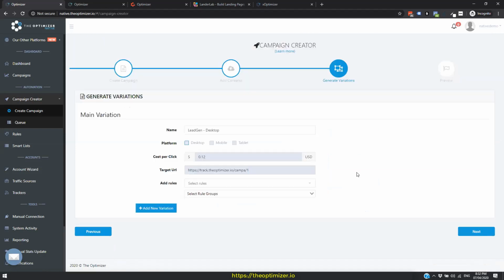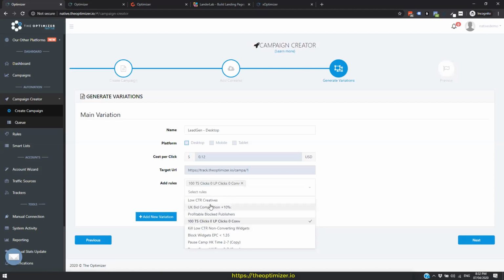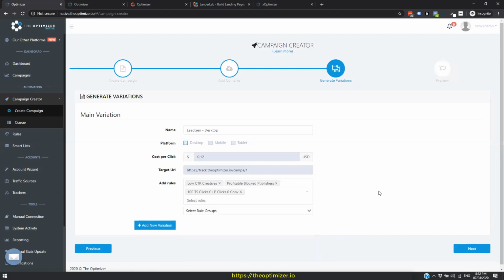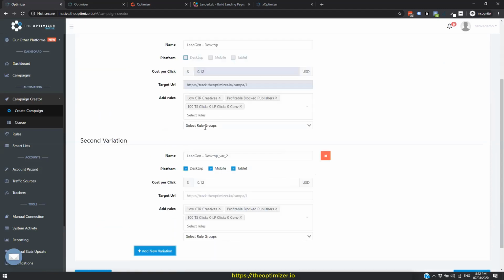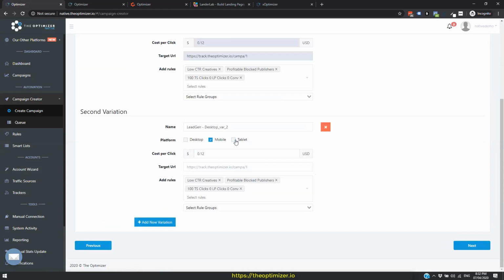And then we move to the next step, where we're able to add the automatic rules to this campaign. So let's say we want to block low click-through rate creatives, and we want to unblock all profitable publishers that were blocked previously. Now we can add another campaign variation using the same images and the same headlines, but this time for mobile only, and we plan to use a different bid. So let's say we're starting from 32 cents a click,